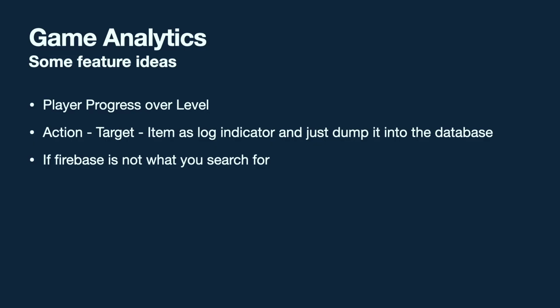This can help you a lot, and I found out that a system like action, target, and item is the way to go here. These are the 3 keywords I'm filling. For example, if we're at the mining topic, my action is mining, the target is a stone, and I'm using a wooden pickaxe. With this system, I have all the information I need to know at which time a user did what. And with a relation to the user itself, I also know at which time of the day it was, with which level, and which progress he maybe had, or she.